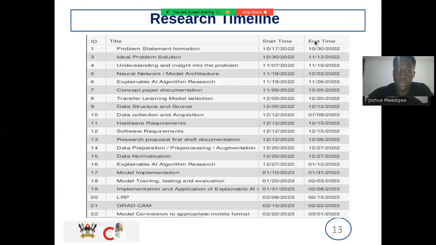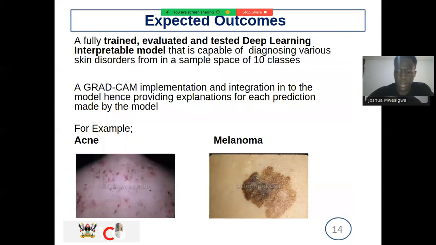We hope to be done with the project by May so that we can demo it to the panel. Expected outcomes. The major expected outcome of our research should be a fully trained, evaluated, and tested deep